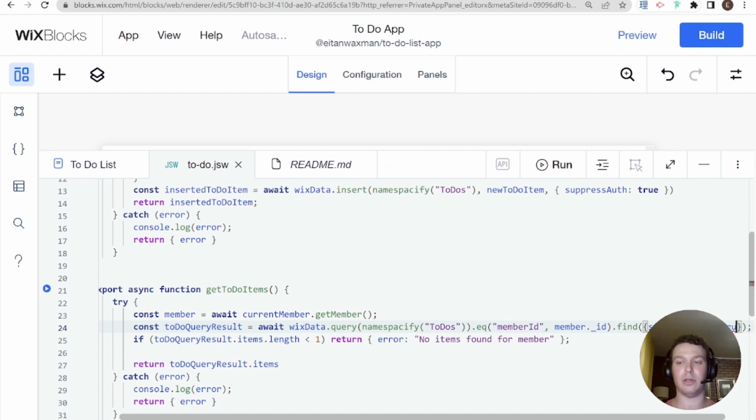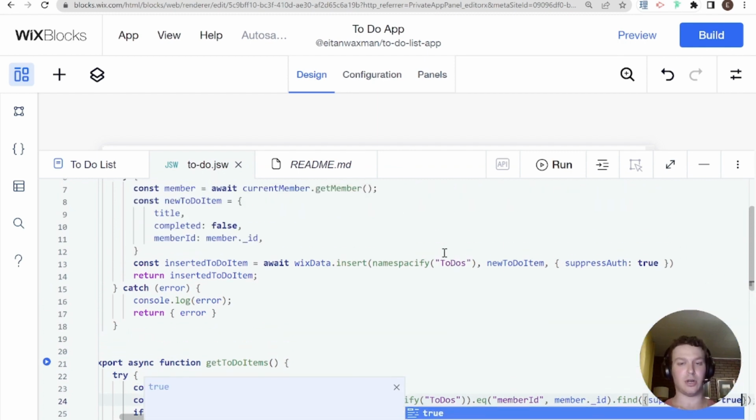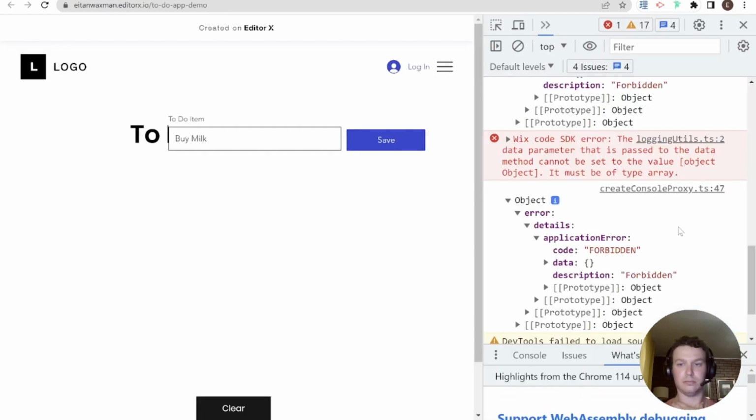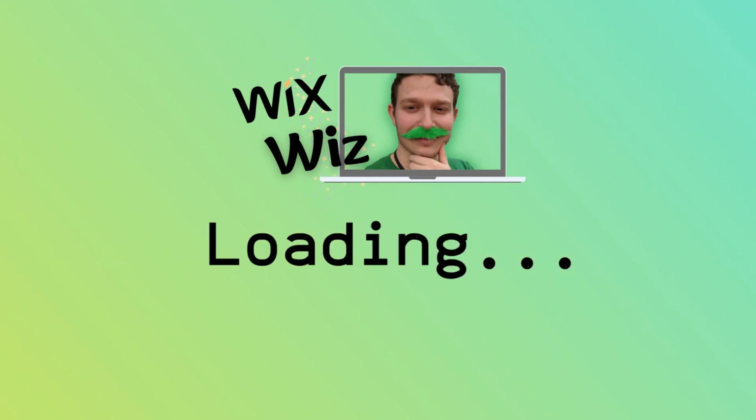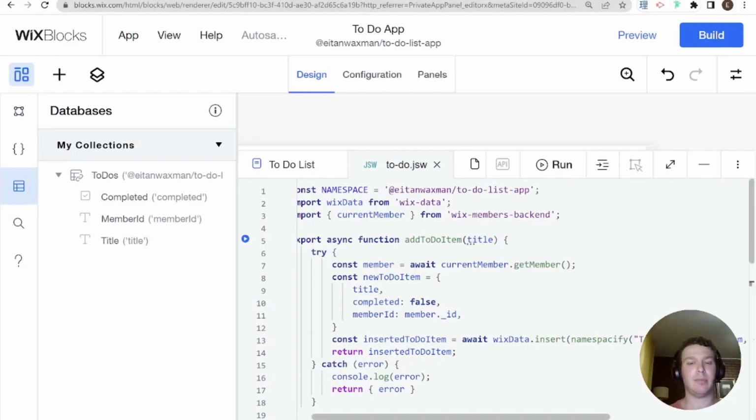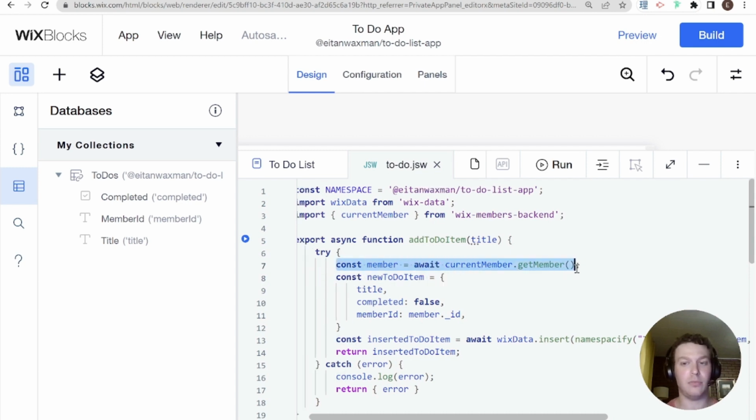I don't think that that is the only thing that was going on here because I tried to insert a new to-do item. So here I am inside of my Wix block app, and I'm trying to think about why I would be forbidden here. So I do have access to the data set because I'm using suppress auth to do insert. So the only other thing that I'm doing here that would really trigger forbidden is this, which is getting the